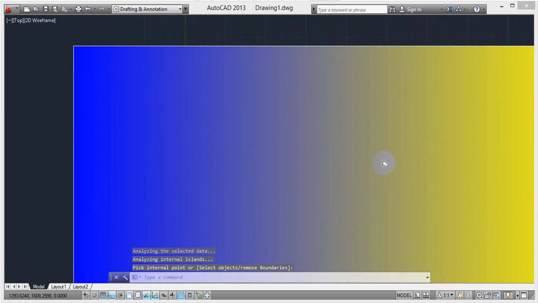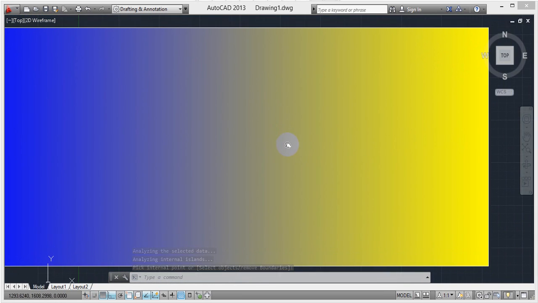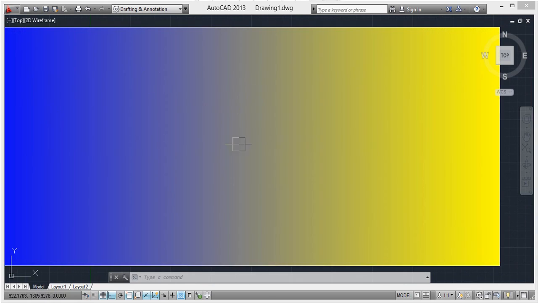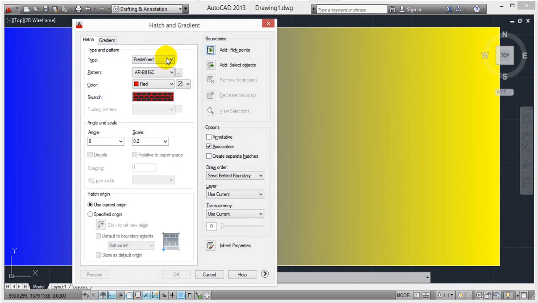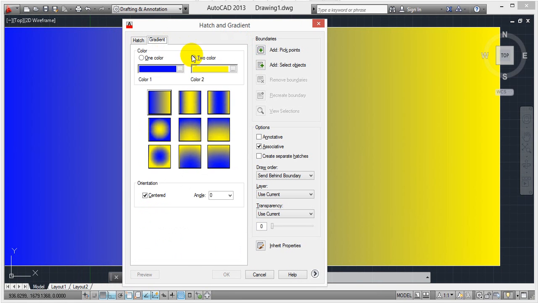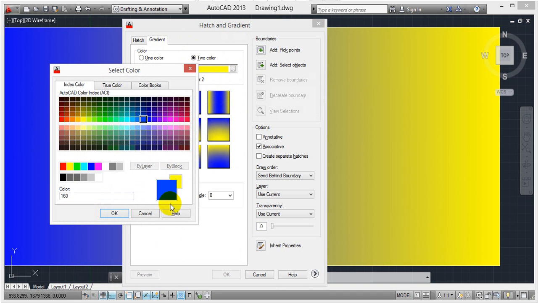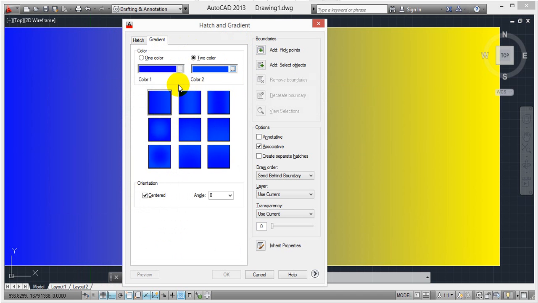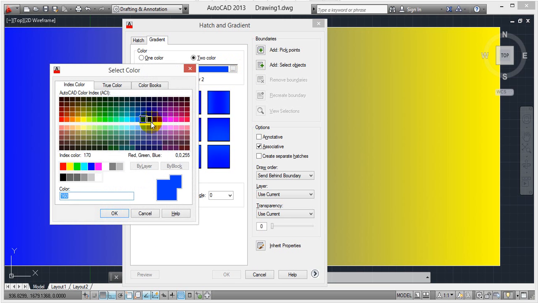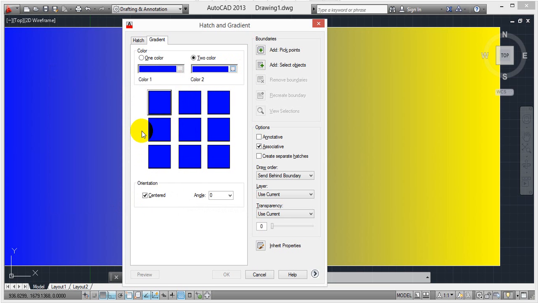So this is a combination of blue, white and yellow. But in both combinations, the normal area will be white. Enter again. So I am selecting gradient here. If you need a single color, you have to simply make this yellow into blue. Now the total area will be blue. See, some of the area is still a lighter color because the two colors are not matched. So we will try another blue one. Now it is totally blue.